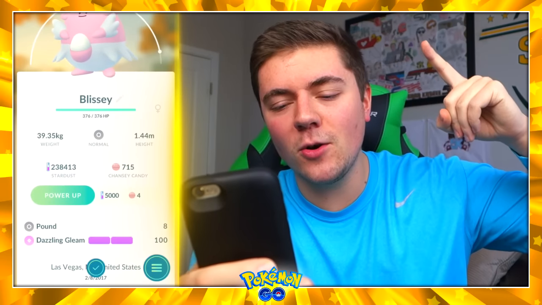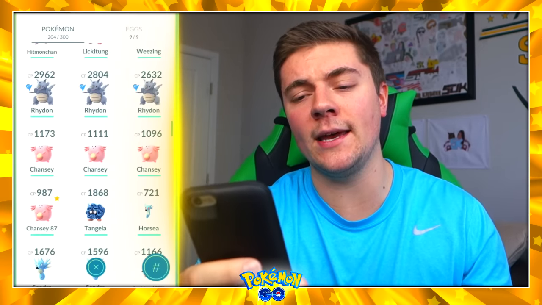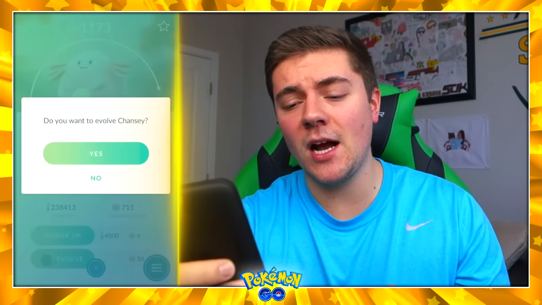I'm right. 2602, and we got Pound and Dazzling Gleam. Not too shabby, really, because any Blissey is a pain in the ass regardless of their moveset. So let's keep it going. Let's do 4 more of them, and hopefully one of them will give us Hyper Beam, although I won't be